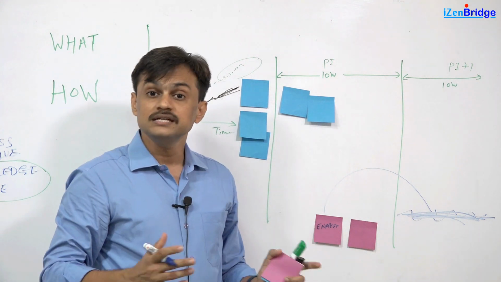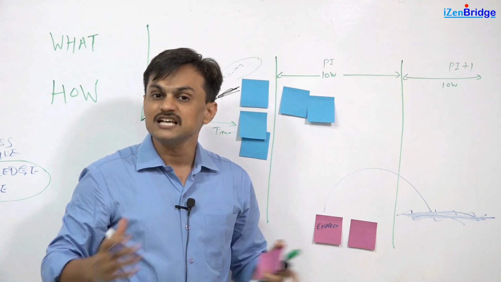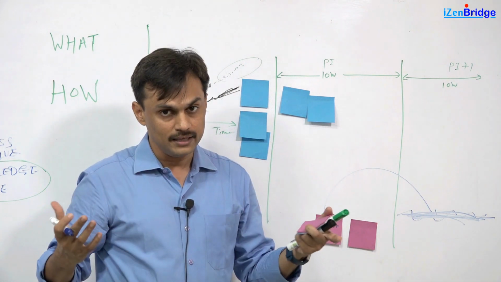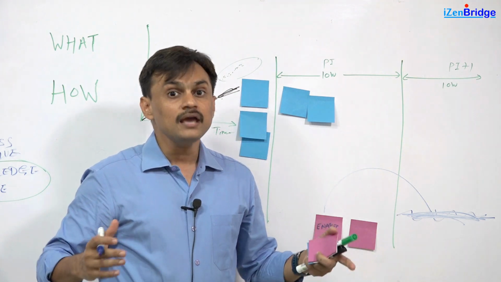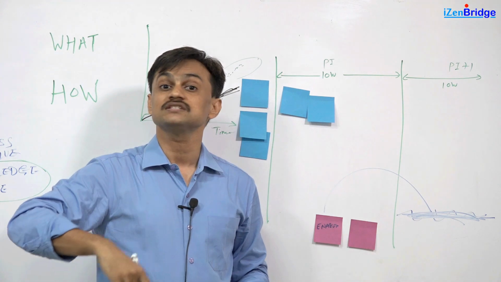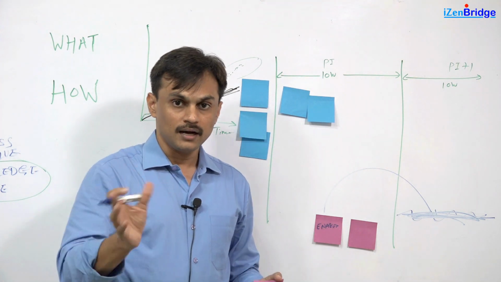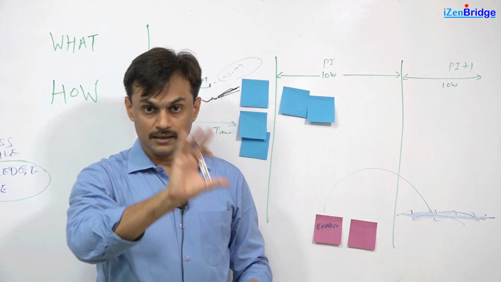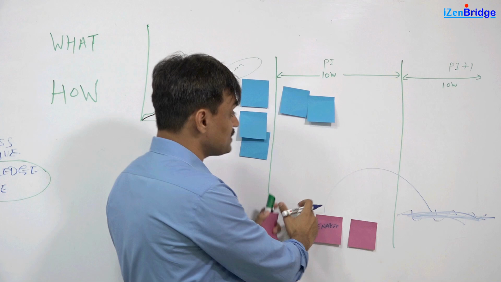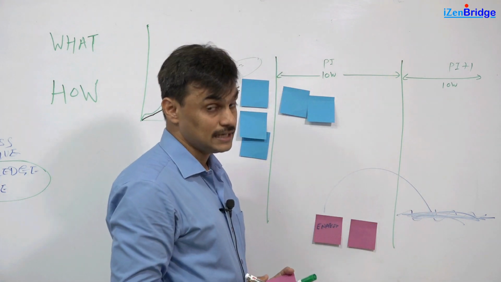That may produce little uncertainty in your program increment commitments because you are exploring so many things. So your estimations, your risks are high. But it may avoid the wastage of exploring and designing something which never gets built. So as a team, we need to decide between wastage and predictability. So depending upon your context, you decide what makes sense to you, but this is the concept of architectural runway, which is presented in the Scaled Agile Framework.